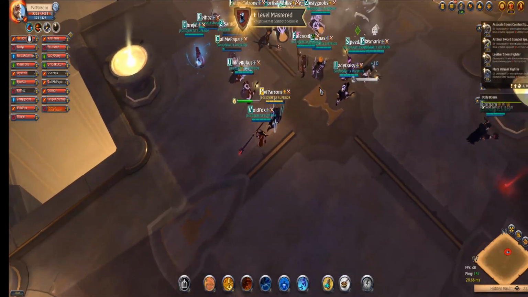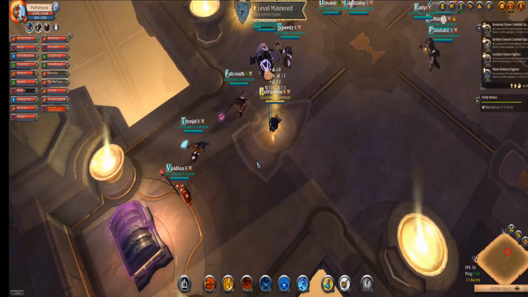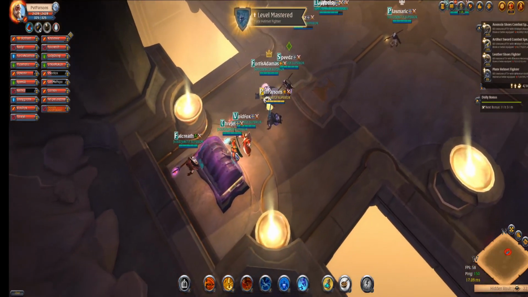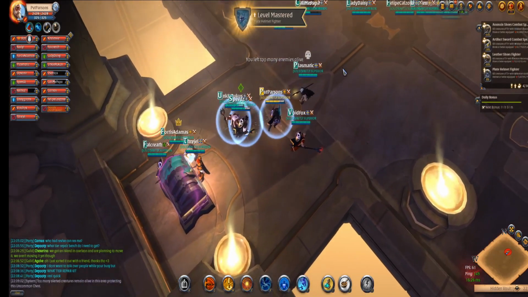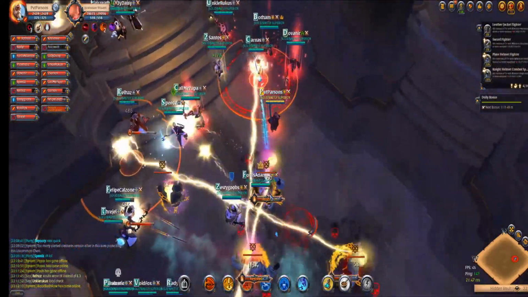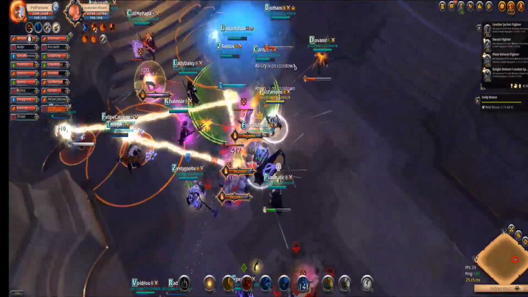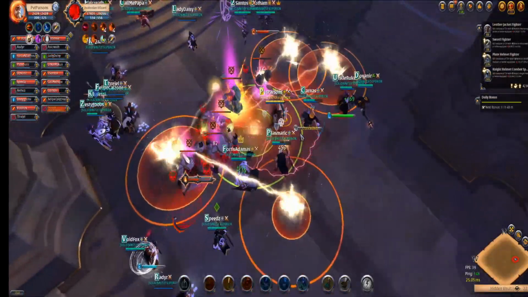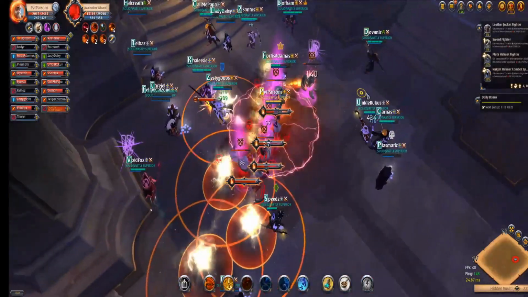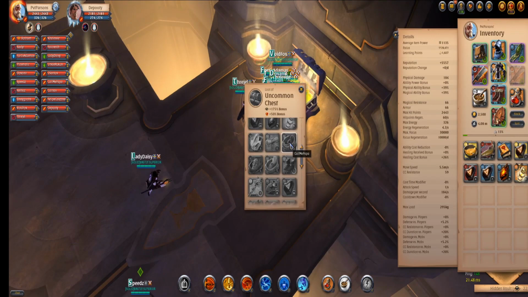Got about 25,000 fame from it, but we realized that we did need to go ahead and finish the mobs in the previous room. It took a little while because we couldn't really figure out how to aggro just a couple of them. So we tried to dive them, kill a little bit at a time, and then move on. So we went back to go to the chests, and unfortunately I didn't actually get any loot